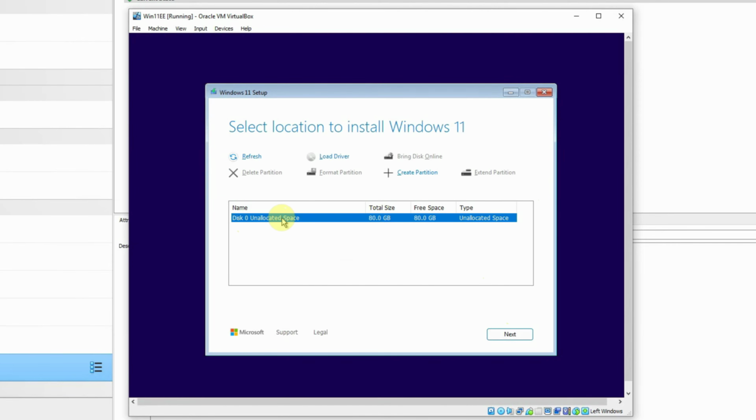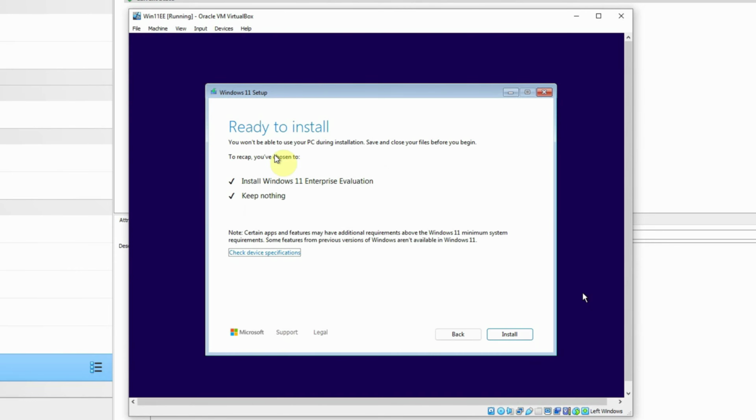And the virtual disk that we attached to this virtual machine with 80 gig size is selected by default. We don't have to worry about formatting or creating partitions because Windows will take care of that automatically. So we will simply select the next button. So we are ready to install, and this is what the setup is going to do: install Windows 11 Enterprise